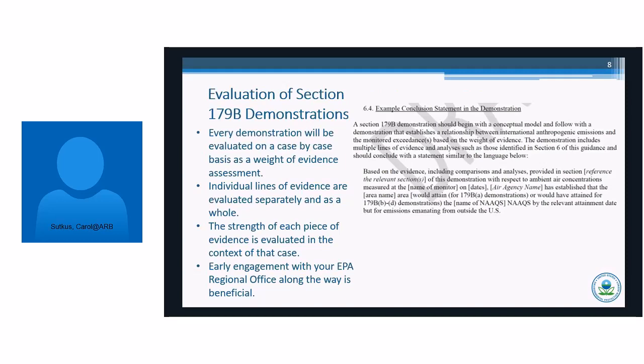In Section 1.4 of the draft, we note that the air agency should also consider and examine any contradictory evidence to include in the demonstration. Such evidence, for example, may include data indicating that NAAQS exceedances could be predominantly attributed to domestic sources. As mentioned, EPA will weigh the body of available evidence to determine whether it collectively indicates that the SIP would be adequate to attain the NAAQS or the area would have attained the NAAQS but for international emissions. As shown here, Section 6.4 on page 42 of the draft guidance includes an example conclusory statement for agencies to include in their demonstrations after they have compiled the necessary evidence to support their conclusion.